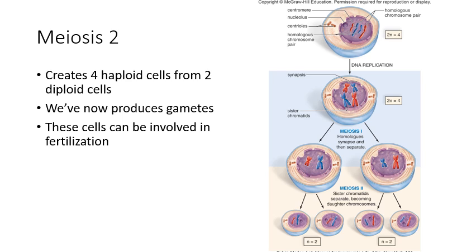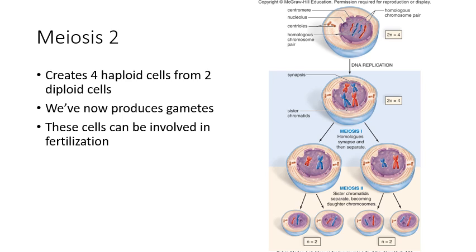So in meiosis 2, we're going from our 2 diploid cells to our 4 haploid cells. This was the final goal of meiosis: to create these 4 genetically unique haploid cells. We did it partially through crossing over and partially through independent assortment, where each of these chromosomes can split independently of the other. So it can send different chromosomes to different haploid cells, and the more chromosomes you have, the more substantial this randomness can be.